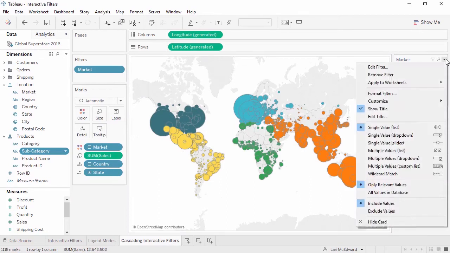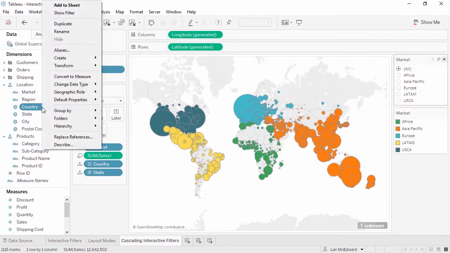Another useful option in the menu is Only Relevant Values versus All Values in Database. All values will always show every option for the field, regardless of any other filters. A good example of when this is useful is something like cascading filters on a map. If we add an interactive filter for country,